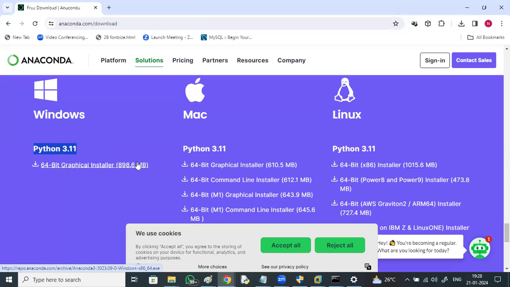Automatically, this 900 MB will be downloaded. Once it is downloaded, say next, normal installation of Anaconda. Just add a shortcut on your desktop. Only that you can select, remaining all the things, say next. Once your Anaconda is installed,